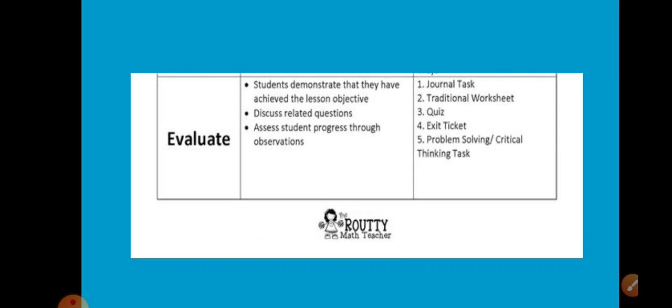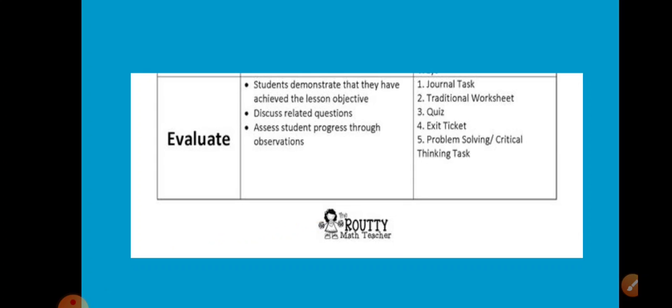And lastly, we have the evaluate. So students demonstrate that they have achieved the lesson objective. So discuss related questions, assess student progress through observations. So it could be in the form because sometimes we tend to say that evaluate is more on multiple